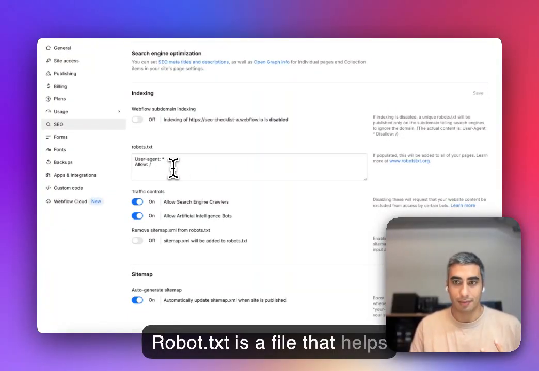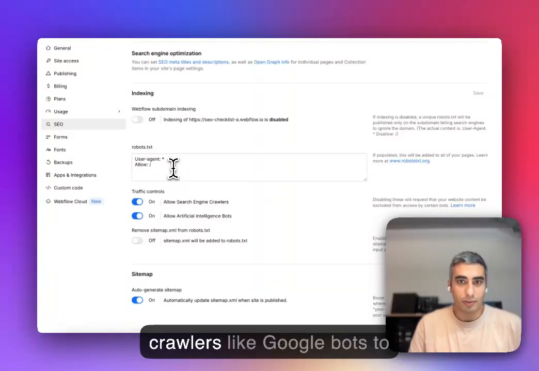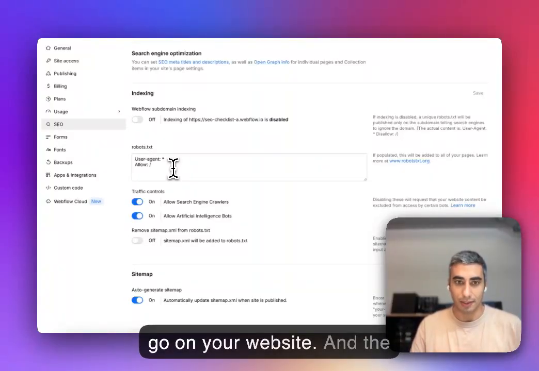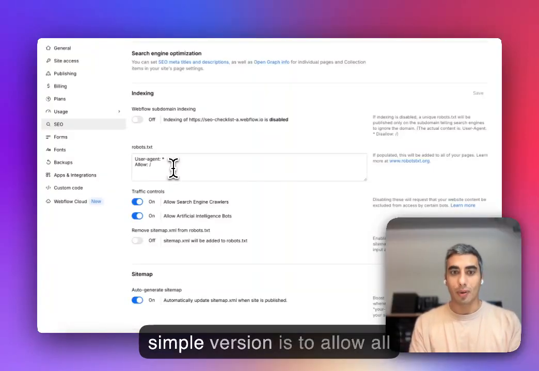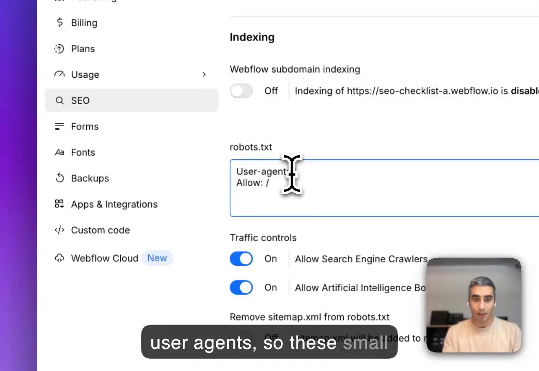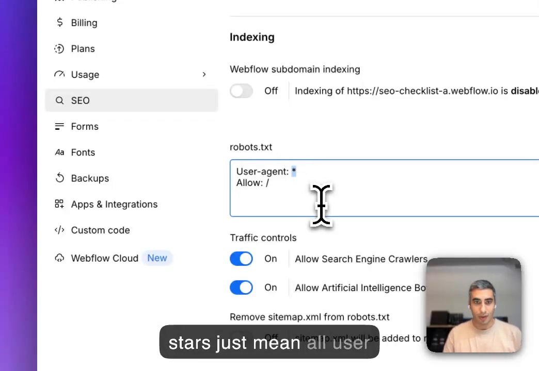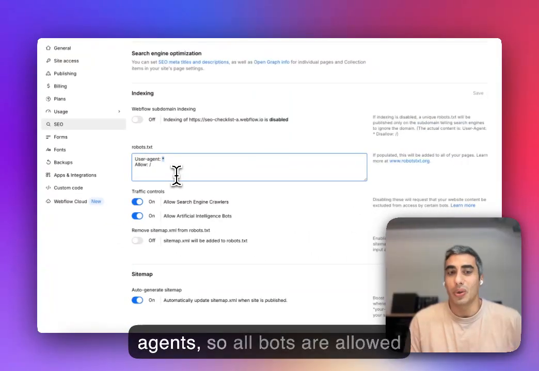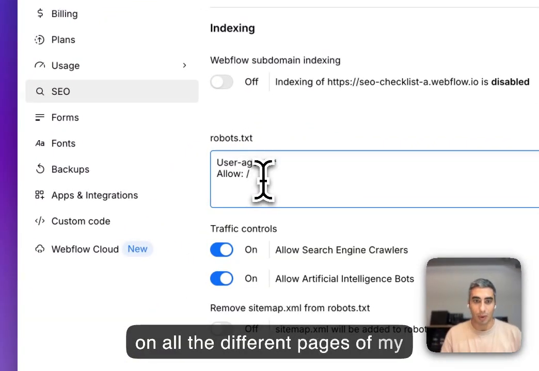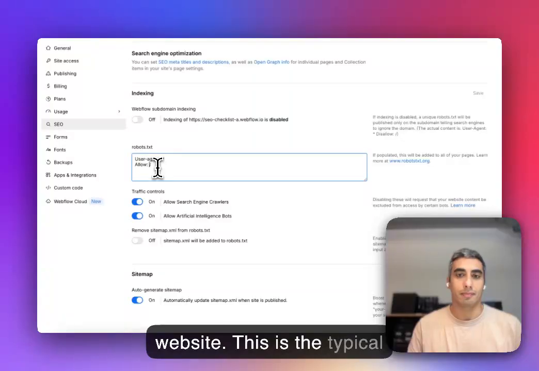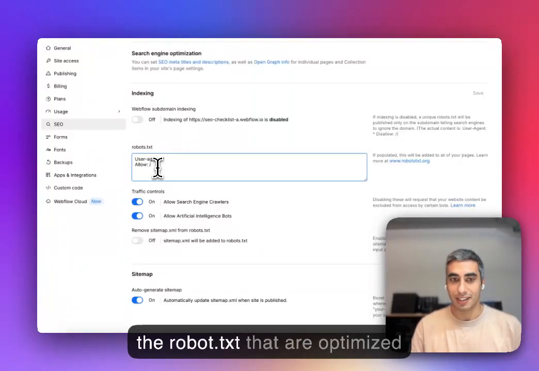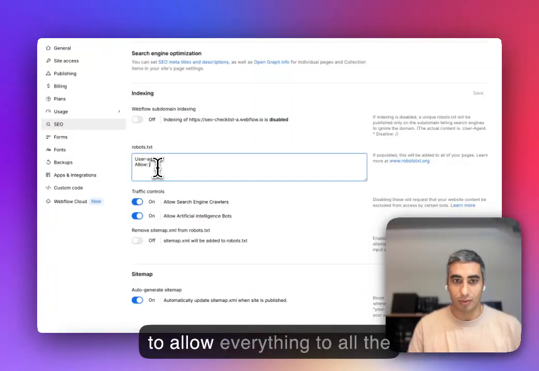Robots.txt is a file that helps crawlers like Google bots to know what they are allowed to go on your website. And the simple version is to allow all user agents. So this small star just means all user agents, so all bots are allowed on all the different pages of my website. This is the typical default content we will see on the robots.txt that is optimized to allow everything